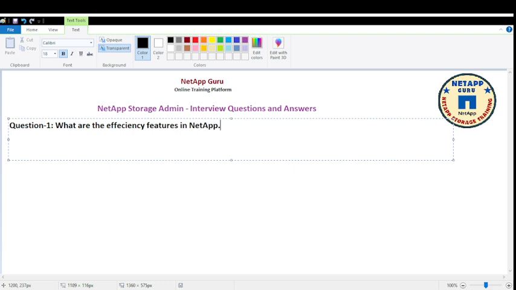Right. So the interviewer can ask a question: what are the storage efficiency features in NetApp? So we can mention here storage efficiency features. Okay. So the answer that you can give him is